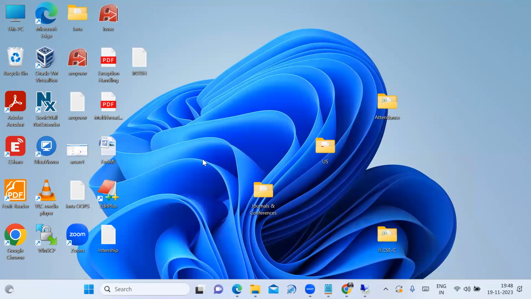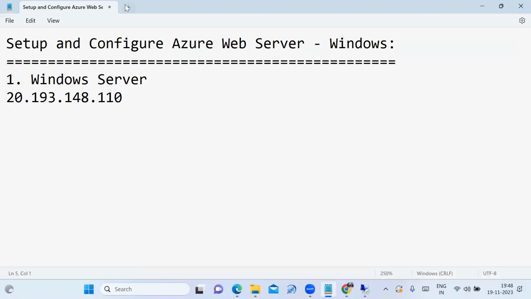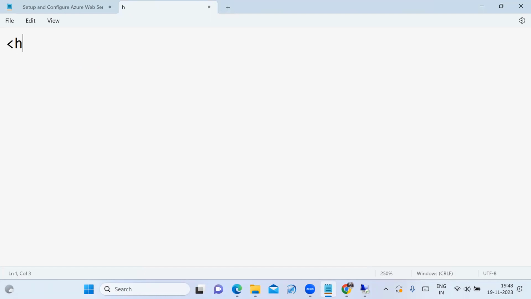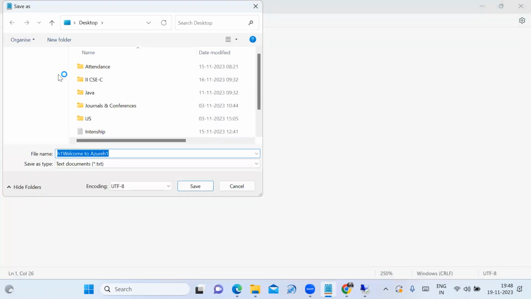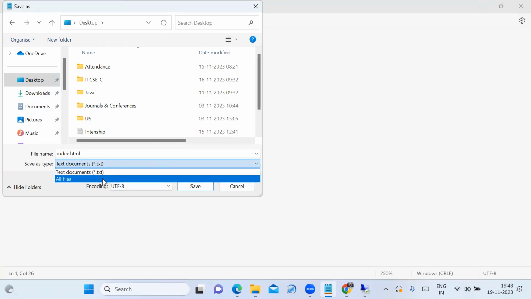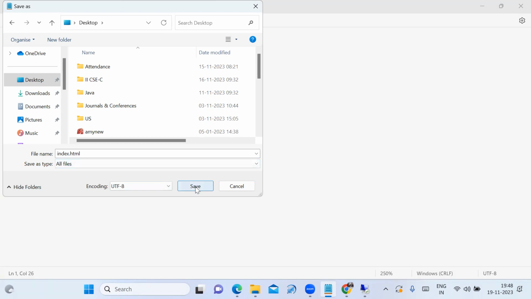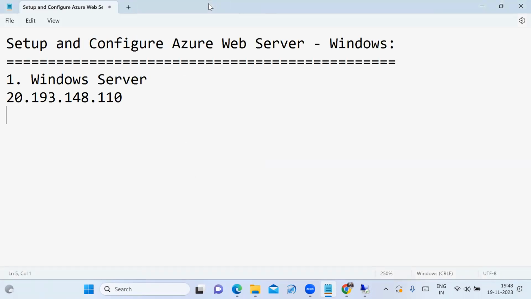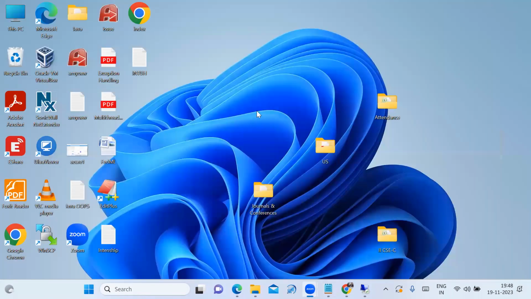I open Notepad and write the HTML script: Welcome to Azure. I save this file on the desktop as index.html. Here, save as type is all files. Click on save. This index.html file you have to transfer